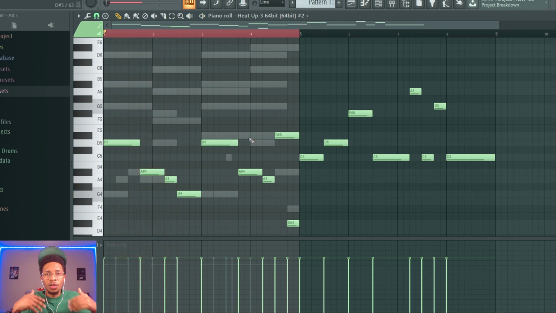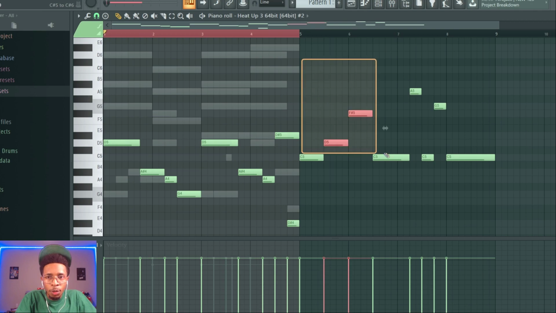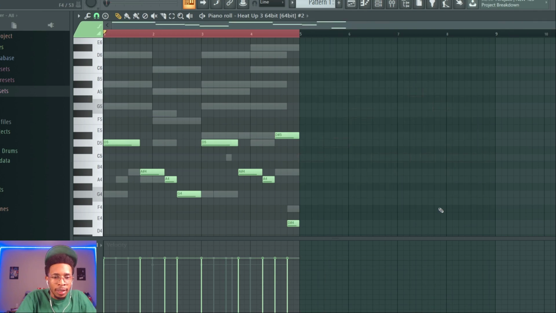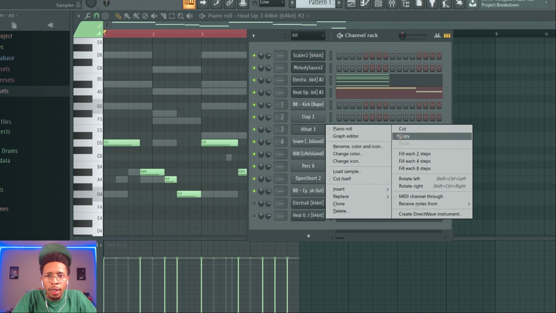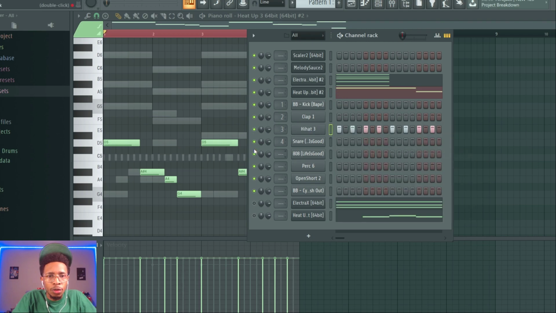And then you can start working to get something dope from there. All right, it really does work. Like it really is a time saver when you're using Melody Sauce, and both these beats will be at 148. So let me go ahead and press fill in the 2-step, and then from there we can go in, and